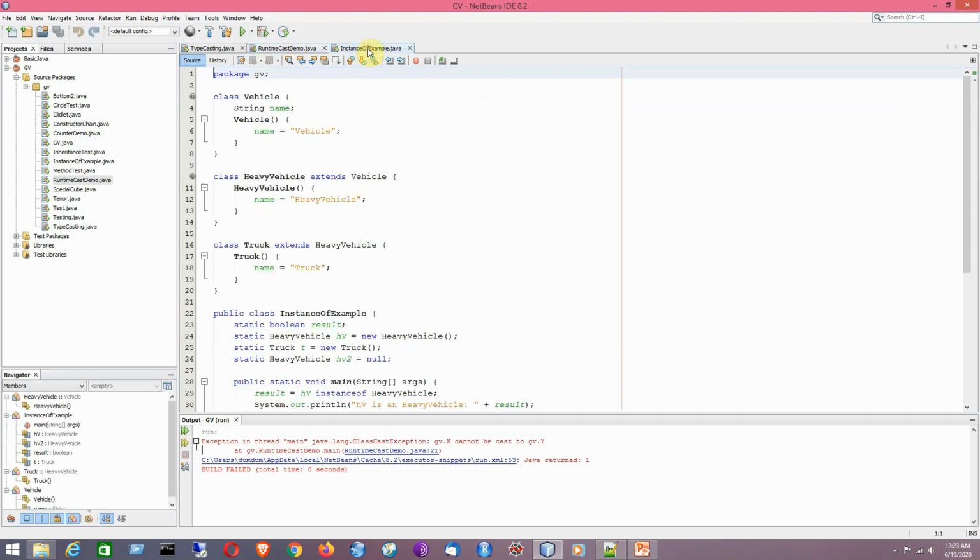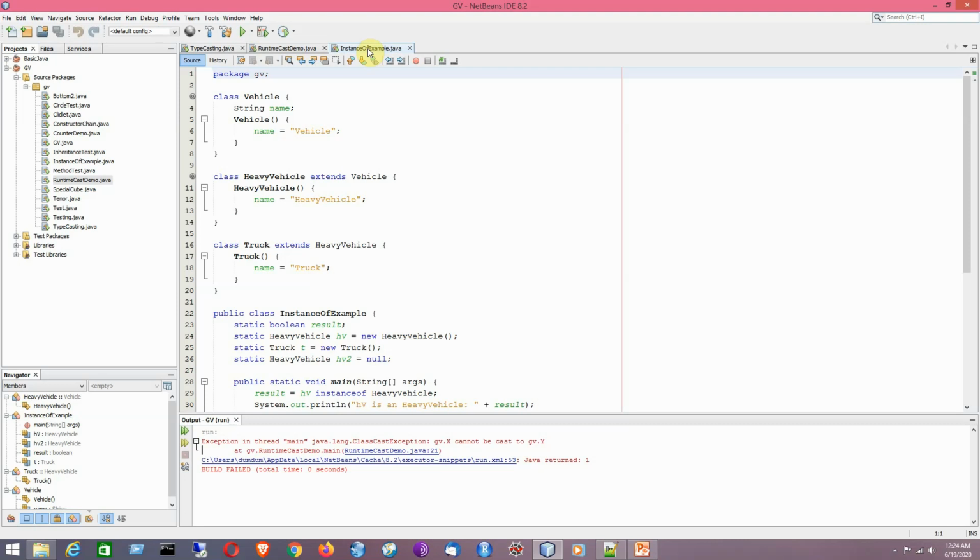Next comes another beautiful example that will demonstrate the use of the instanceof operator. So what is the instanceof operator? I have already told that. Just have a quick recap of the concept. The instanceof operator lets us determine if an object belongs to a specific class or implements a specific interface. It returns true if an object is an instance of the class or if the object implements the interface. Otherwise, it returns false.